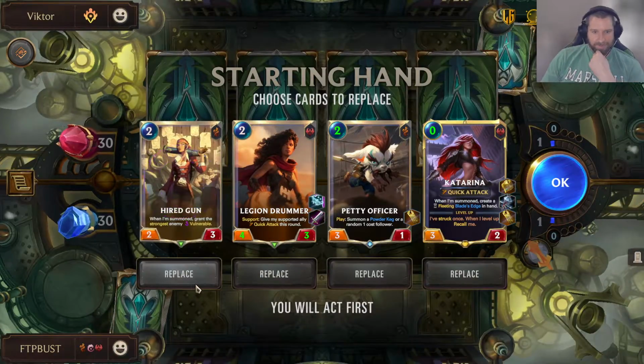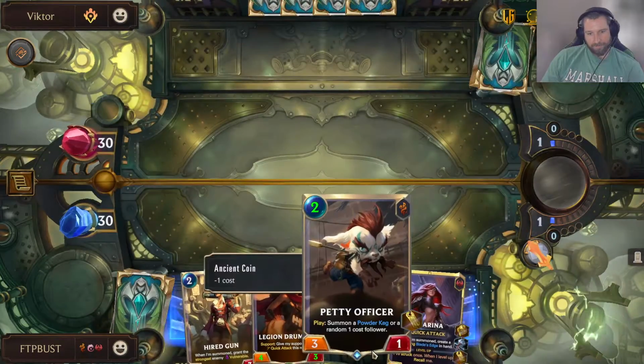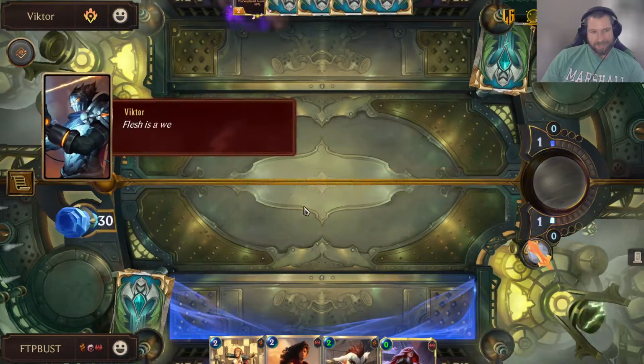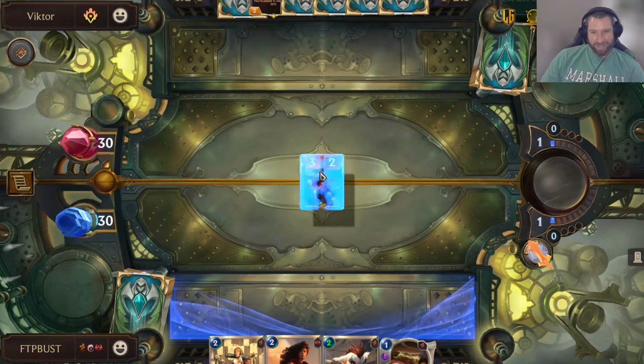Alright, so, I still really just don't like hanging on to Katarina in our openers, but I don't think we have any way around it. It's so weird saying you don't want to keep your zero-cost champion in your opening hand, but